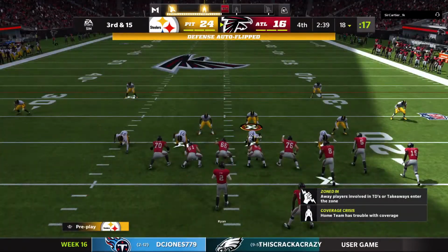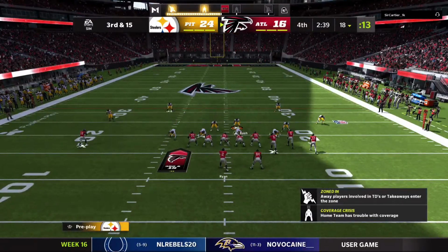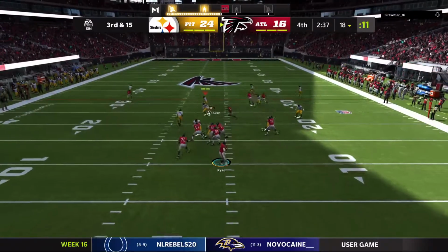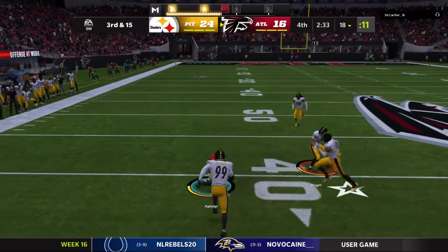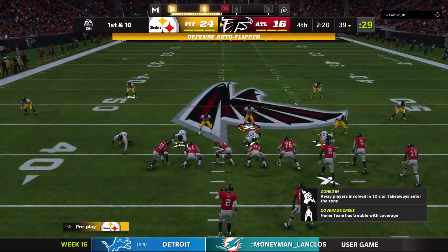The Falcons on 3rd down. They've been excellent, 6 for 7. This will be 3rd and 15. They go play action with Ryan. He's got it complete to Aguilar. And mark him down way up close to the 40 at the